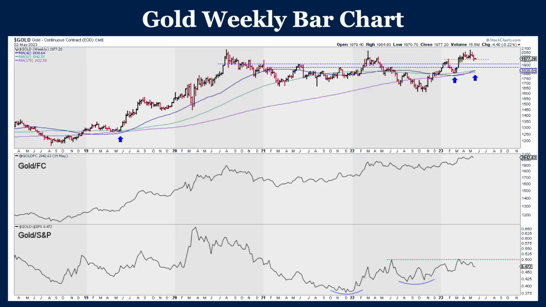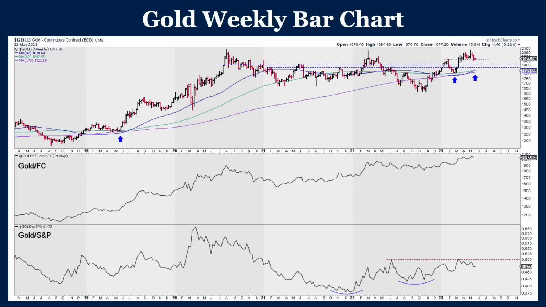So those are the key support levels to focus on. Now, moving on, gold against foreign currencies and gold against the stock market are long-term leading indicators for the gold price, especially gold against foreign currencies. And you can see gold against foreign currencies after the summer